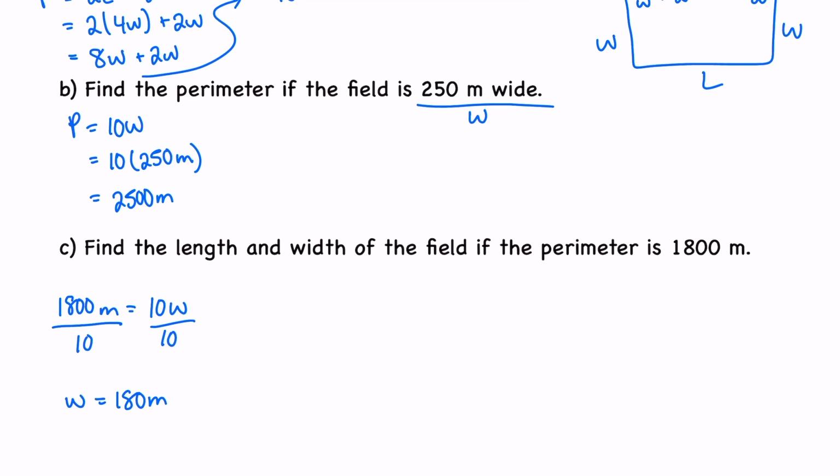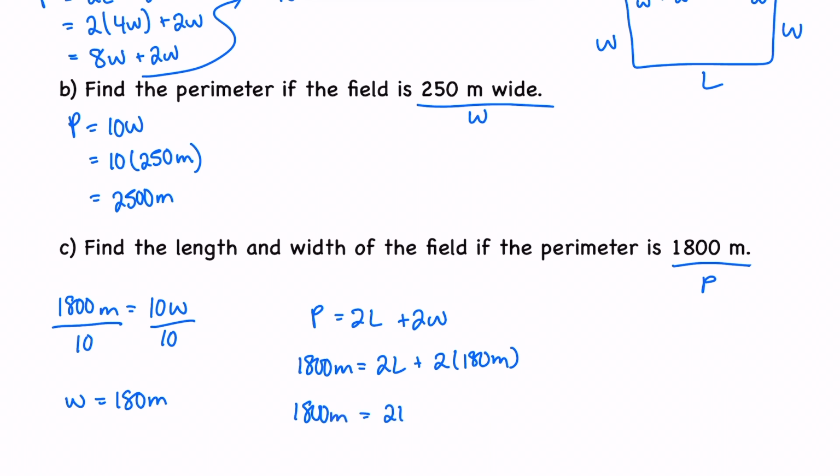Now that we know our width is equal to 180 meters, we need an equation where we can solve for our length. And our first equation, P equals 2 times our length plus 2 times our width, allows us to solve for length since we know our perimeter is 1,800 meters and we know our width is 180 meters. So since we know those 2 variables, we can solve for our remaining one. So then we get 1,800 meters is equal to 2 times our length